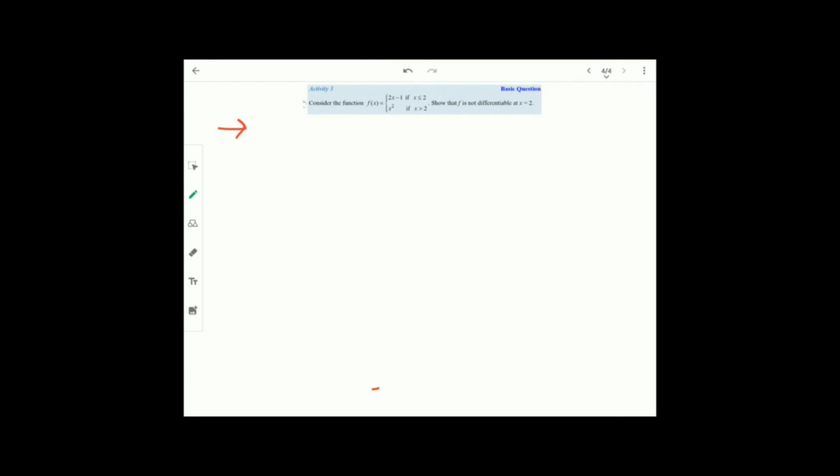Now, many of you must have tried to find the left hand derivative and the right hand derivative and showed that they are not equal to prove that it is not differentiable. But just a few seconds ago, I had said, if it is not continuous at the point, it is not differentiable. So I'm going to use that statement and I'm going to say, let's find the limit as x goes to 2 minus of f of x. Well, that's this function right here, which gives us 2 times 2 minus 1, which is 3. And now let's find the limit as x tends to 2 plus of f of x, which is 2 squared,